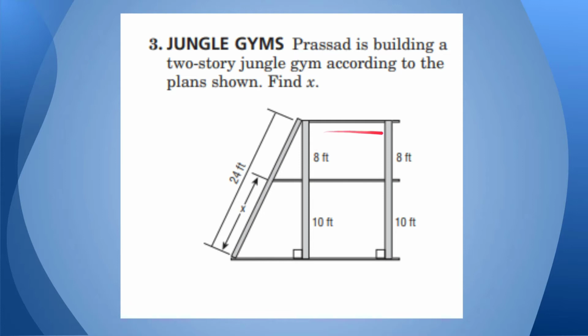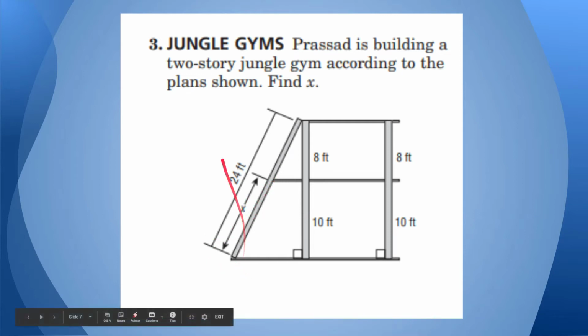That proves to you that these are parallel when this is remaining constant here. But we have this line over in this direction, which is going to interrupt that, and we've got a 24-foot line going this way. So when we do that, we are searching for X now. We still have these proportional segments that are cutting it, but we're not going to end up with that 8-foot